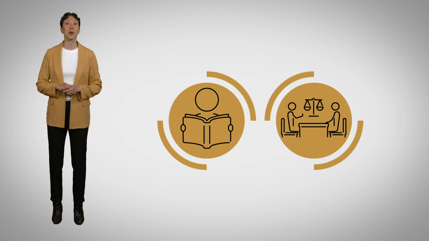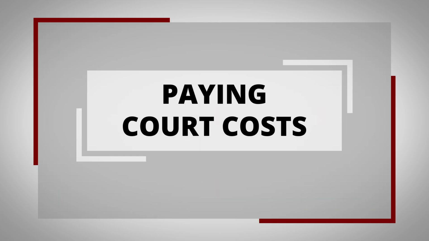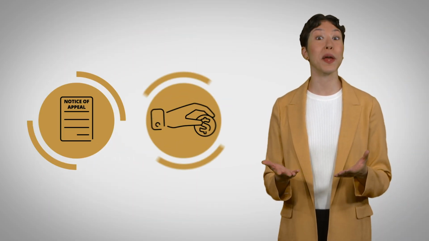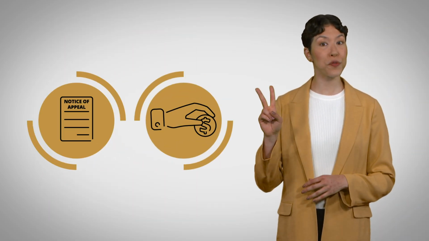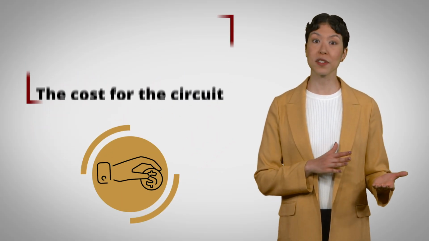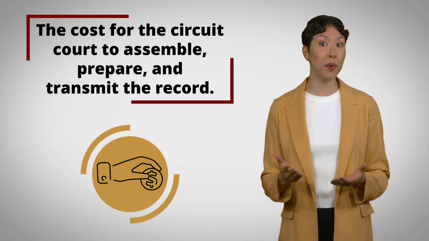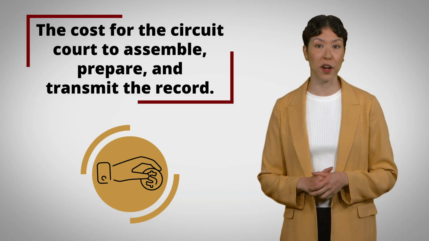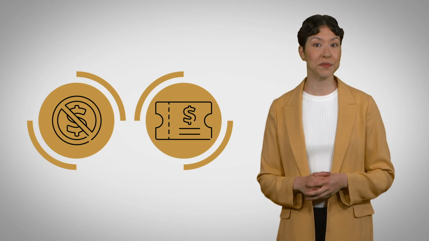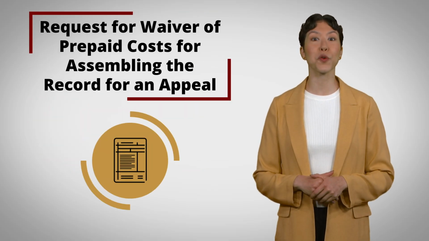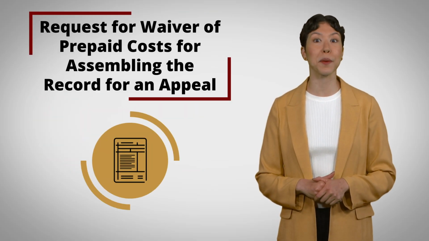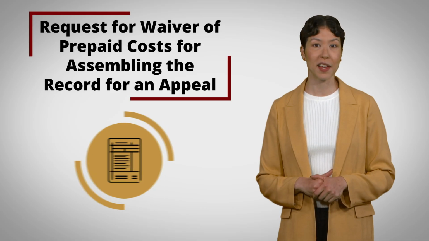Next, I want to talk about paying court costs. When you file your notice of appeal, you will pay court costs. There are two fees you must pay. The first is the cost for the circuit court to assemble, prepare, and transmit the record. If you cannot afford this fee, you may request a waiver. Use a form called Request for Waiver of Prepaid Costs for assembling the record for an appeal. This is Form